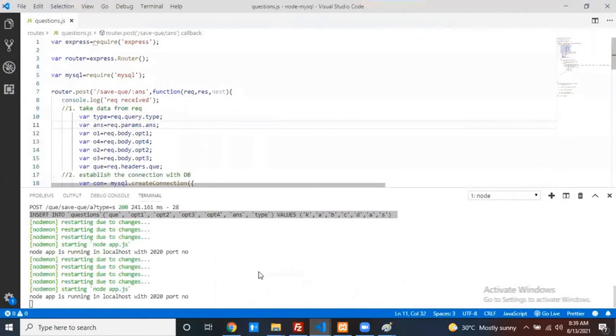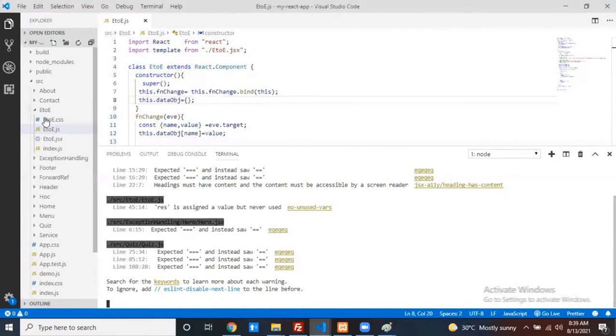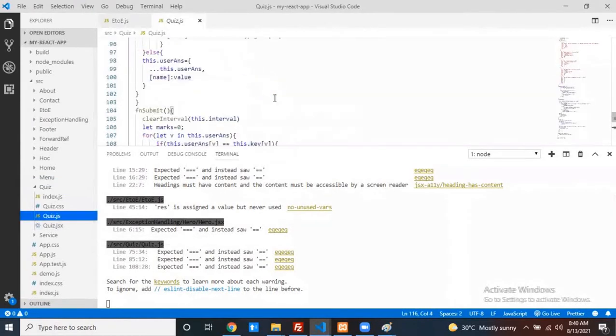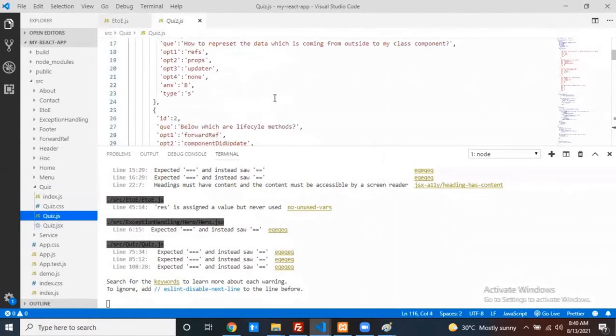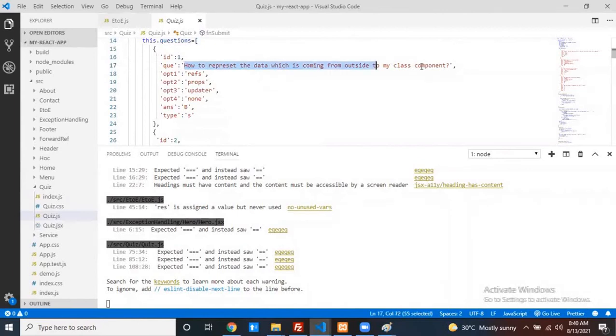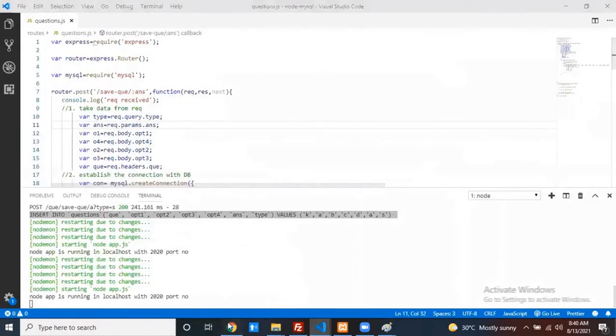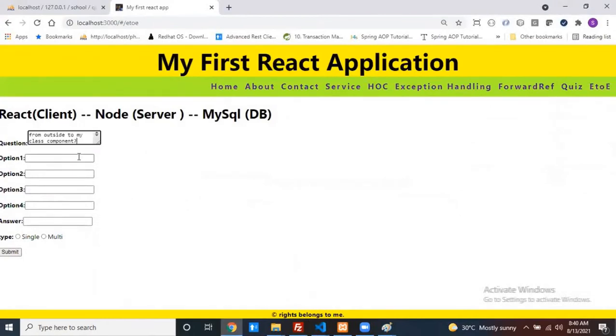Just add your input first. Where is your page? Okay, this is the one, right? Some questions you prepared, right? Can we add these questions only? This is my question. What's my option one?